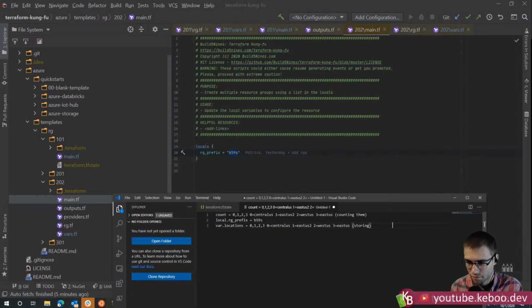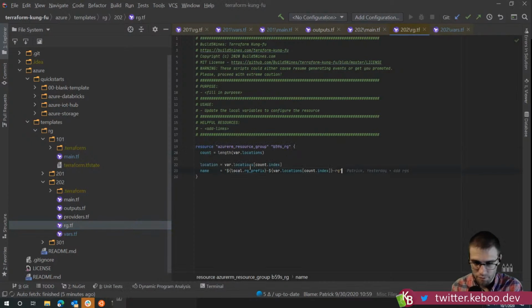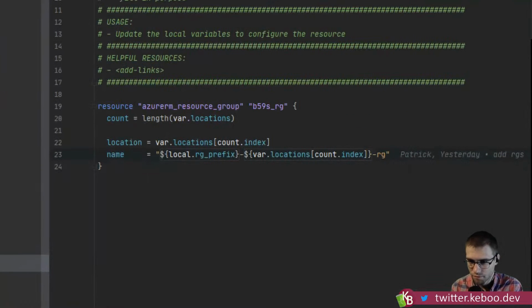Up here it was counting the values to figure out how many it's going to create. Here it's storing the values. And so what's going to end up happening is it's going to actually call something 0, so item 0 will end up as B59s. And then we needed a hyphen between them. You can see there's a little amber hyphen.